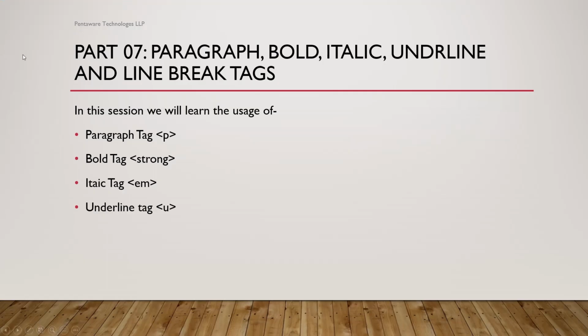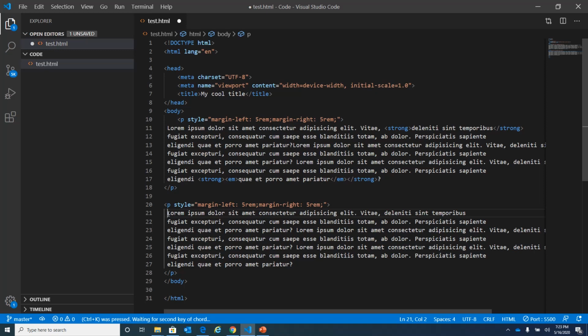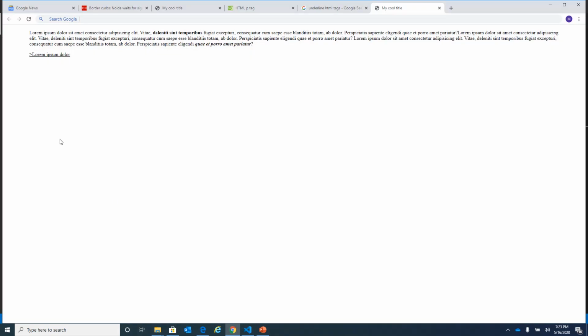Now underline tag. To make content underlined, we should use u tag. Let us see that example. For example, I want to make this content underlined. Just like earlier tags, I'll make use of u tag and copy this content here, paste this content here, save the changes, and see on the web page.